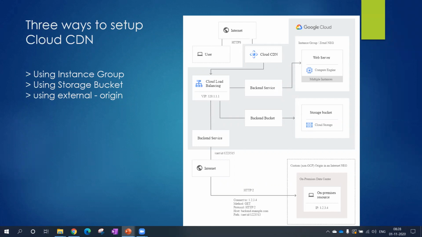It saves server cost, because if the server is processing every request, the entire cost of your server will increase. You don't want to increase the cost of your server every time, because it is common data, like images, videos, and static content, that can easily be accessed through the CDN. Why would people need to go to the backend server to process that data? That is the main purpose of the CDN.